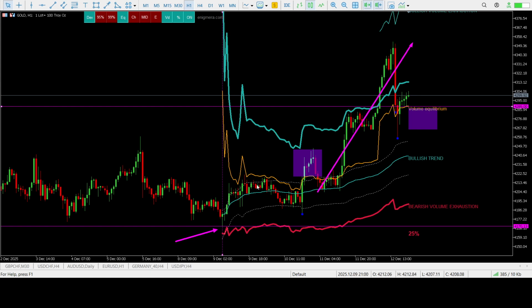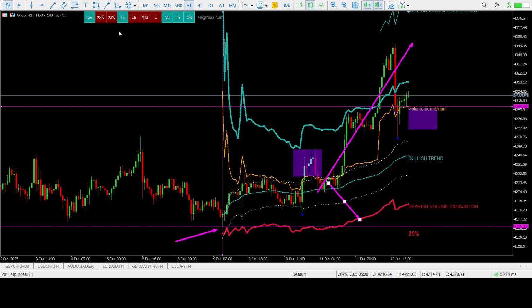So if we are, like in this example, in a bullish trend and volume appears here below the equilibrium line, this will be a bearish sign that the market can proceed down to bearish volume exhaustion, where the market will look for further liquidity